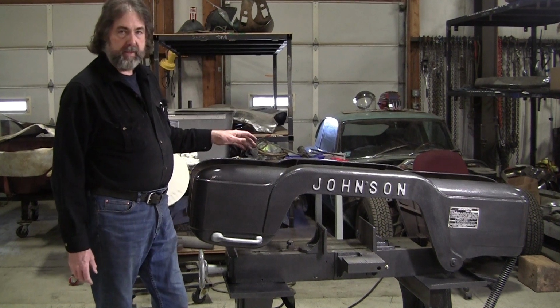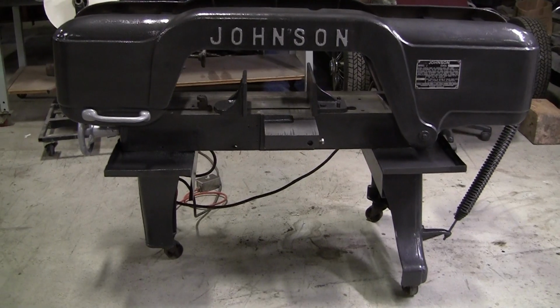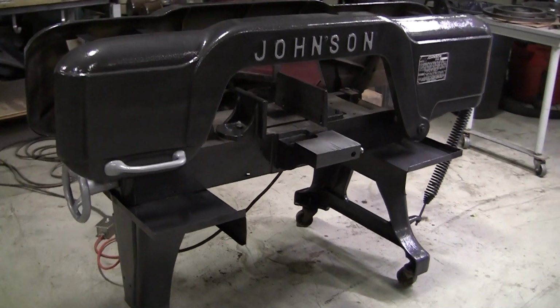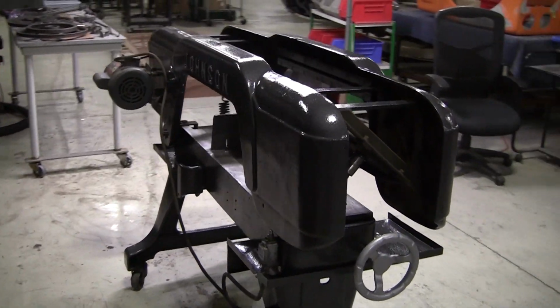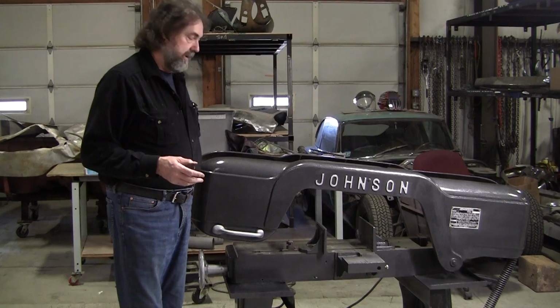This is a 3/4 inch blade machine. Our other one's a 1 inch blade machine, and we found out that that works really good for cutting that 4 inch square tubing in the English wheel that we're making. And all the cuts are either 90 or 45 degree, so we had to keep changing the angle